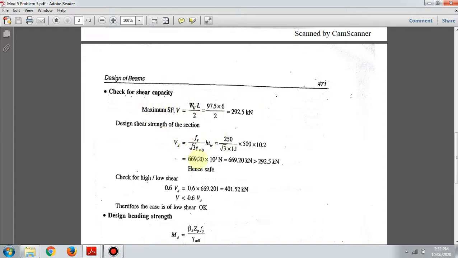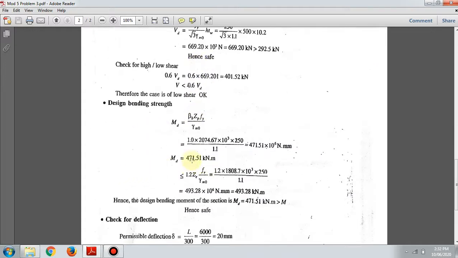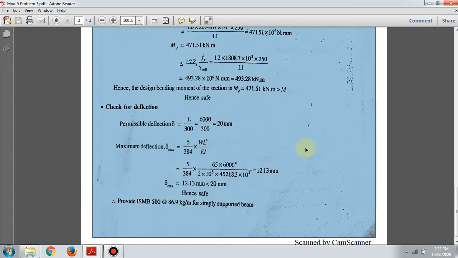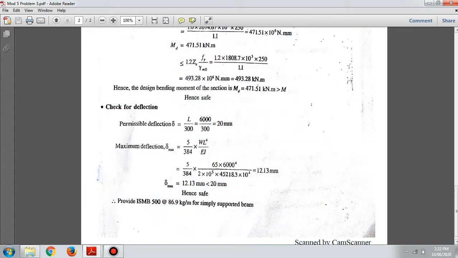So this value 471.51 is greater than the moment coming. Moment coming is 438. So 471 is greater than 438. So the section ISMB can resist a moment of 471.51 kilonewton meter, but the moment coming is 438. So this is the design bending strength, and we have a few checks here, that is to find the check